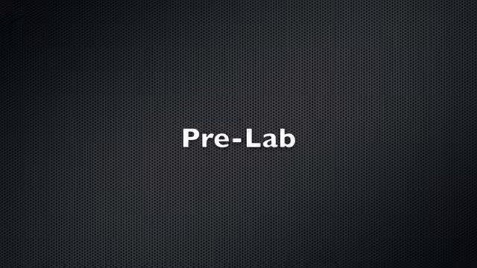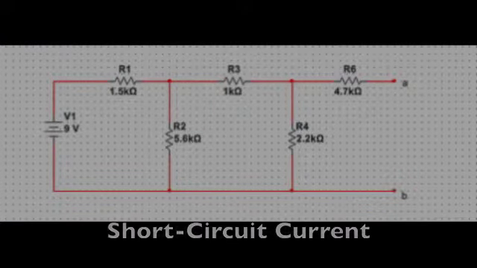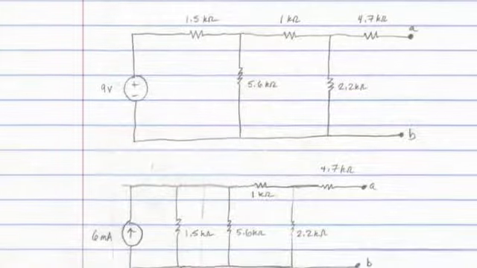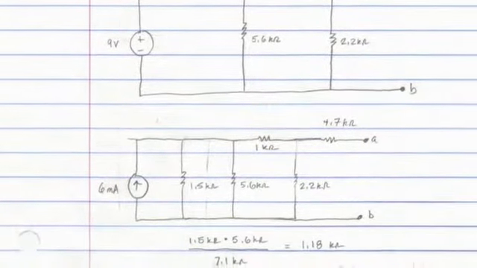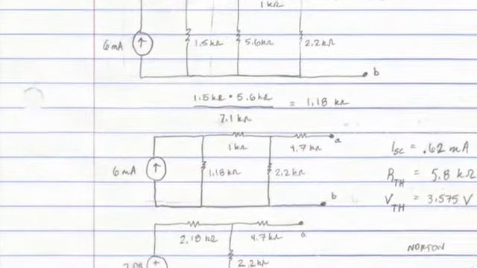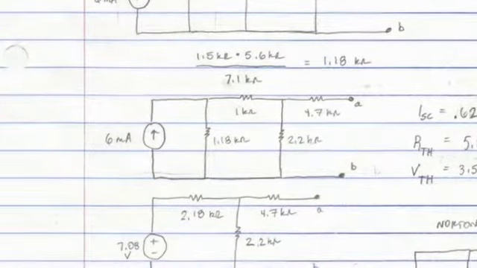Okay, starting off with the pre-lab, we were asked to find the Thevenin voltage, Thevenin resistance, and the short circuit current for this circuit in particular. I started off by doing a source transformation for the 9-volt independent voltage source to a 6 milliamp independent current source. The 1.5 and 5.6 kilo ohm resistors are in parallel, so we find the equivalent resistance of that, which